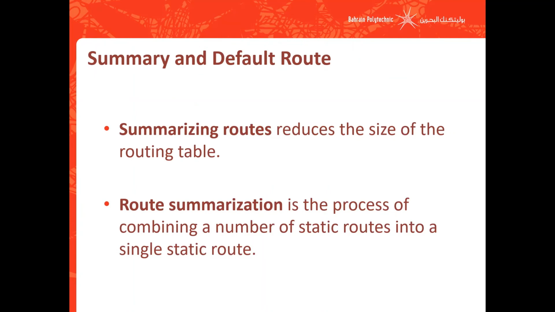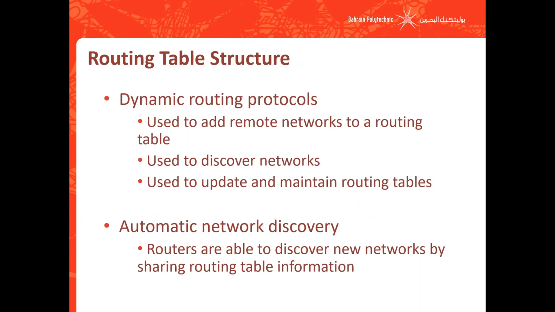So, summary. You have summarizing routes that basically reduce the space of the routing table, and route summarization is the process of combining a number of static routes into a single static route. So basically, instead of having multiple records, you can have one static route that combines multiple static routes together. And then you have dynamic protocols that are used to add networks to a routing table, which is like you set up a protocol that can automatically add